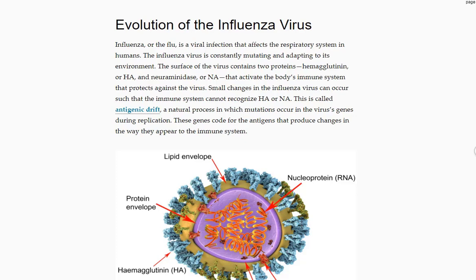And the flu virus mutates so fast that the flu vaccine isn't really that effective. I think it's usually between 40 and 70% effective, depending on the strain from year to year, because the pharmaceutical companies have to try and keep up with these mutations. They have to isolate new strains and find out what changed about them and modify the vaccine so it works again. And it's like an arms race. The flu virus is changing all the time. The pharmacy people are trying to change it and make the vaccine work for that strain. So it's a constant back and forth between humans and the virus.